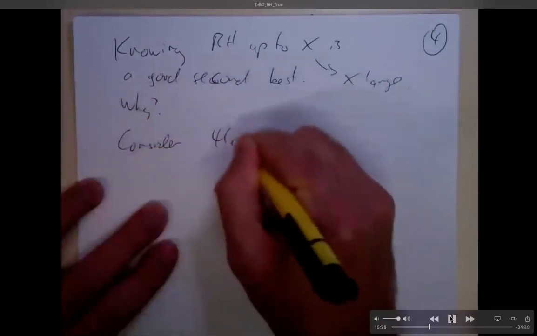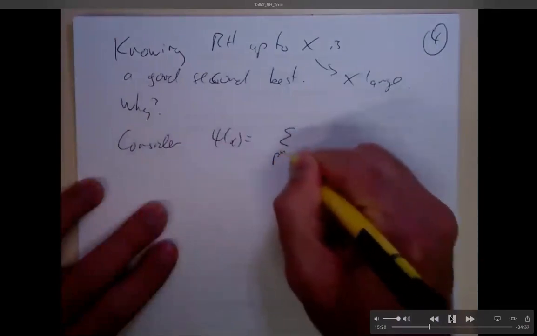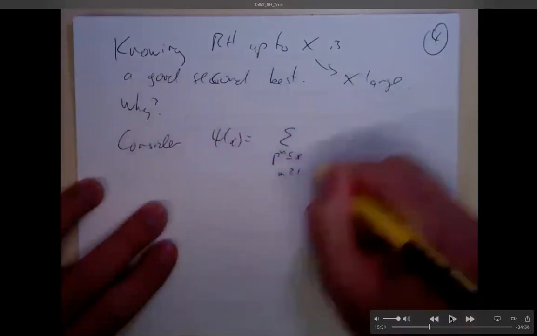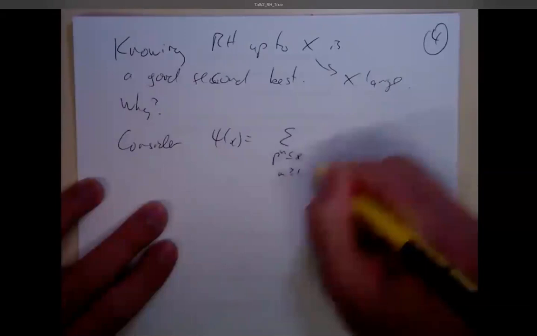So I say here, knowing the Riemann hypothesis up to some x, and you may as well think of x as large, like 10 to the 10 or something. Knowing the Riemann hypothesis true up to some large height is a good second best. I'd love it if someone proved the Riemann hypothesis. I'm still under 40, so if someone proves it, we'll co-author the paper and I'm happy to share the Fields Medal, that's fine.